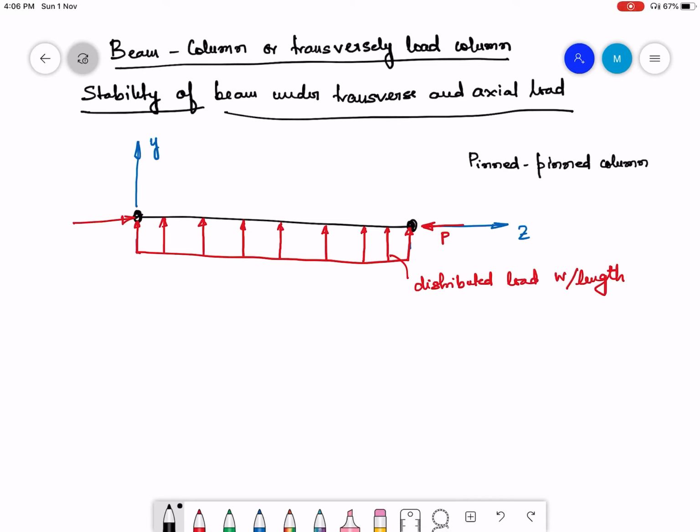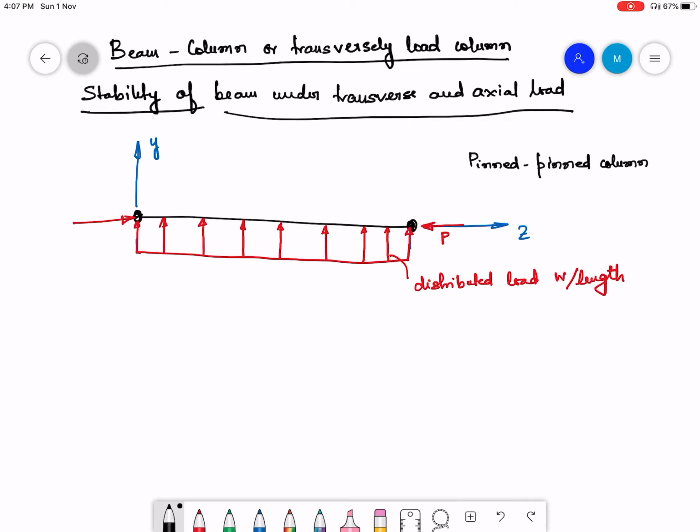In this lecture, we will talk about the corollary of what we had done earlier. In the earlier lecture, we understood what is meant by buckling of a perfect column, and we used the example of a perfect column to obtain the critical load for the column as well as to explain the concepts of stability in terms of buckling.